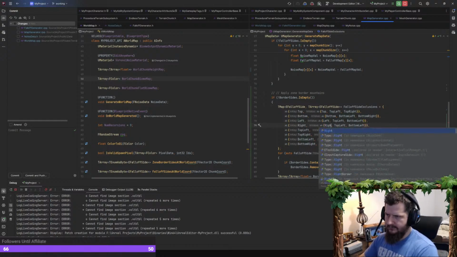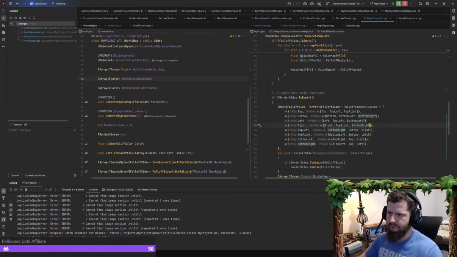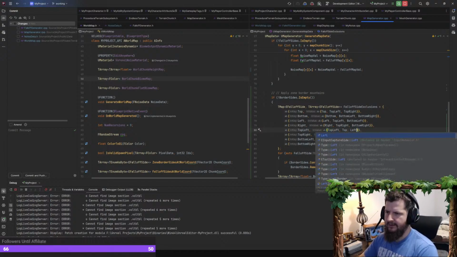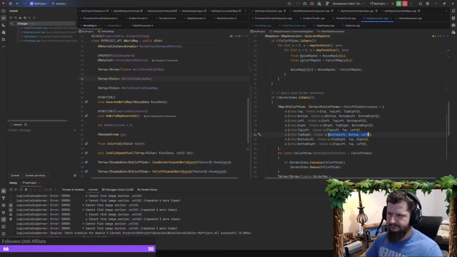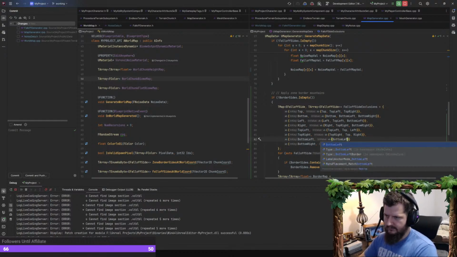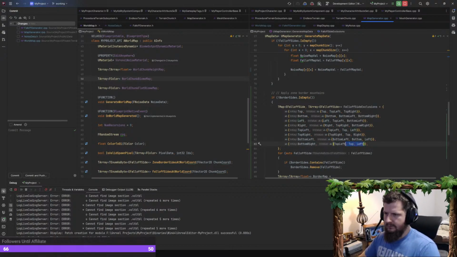Okay, right. Top left, so I would want to get rid of top left, and also top, and also left. Top right, get rid of top right, get rid of top, and right. This may actually make some of the code I wrote elsewhere obsolete as well. Bottom left, bottom and left. This will be bottom, right, bottom, and